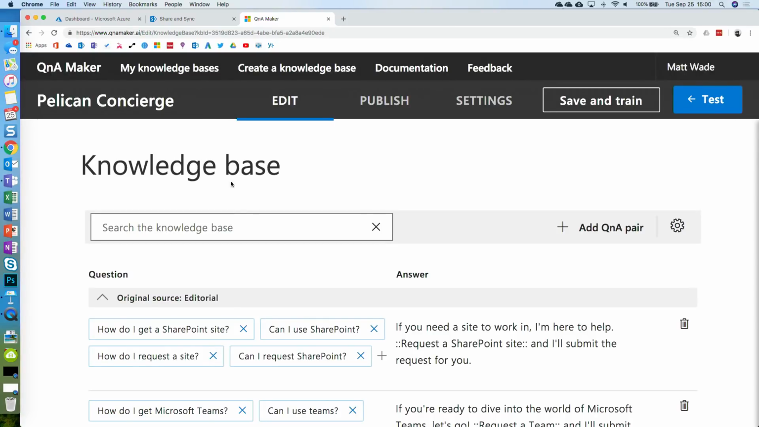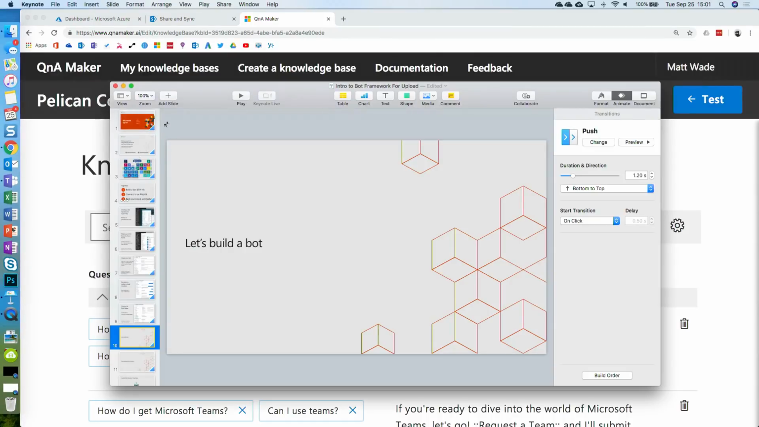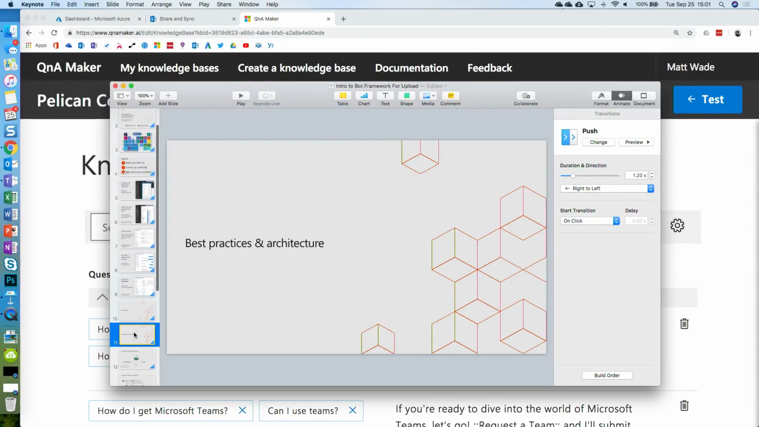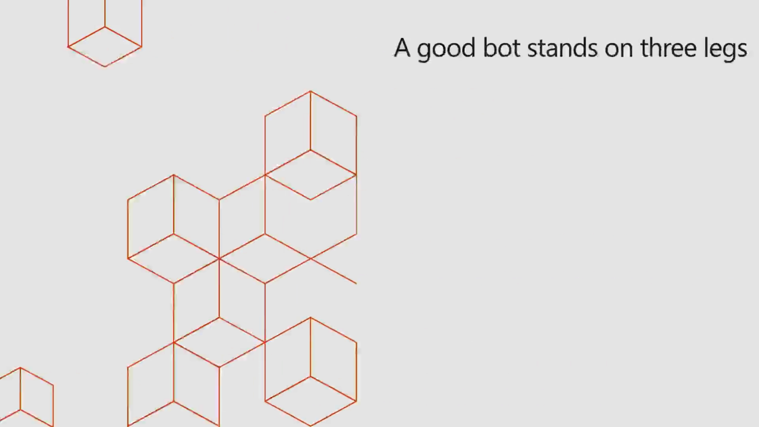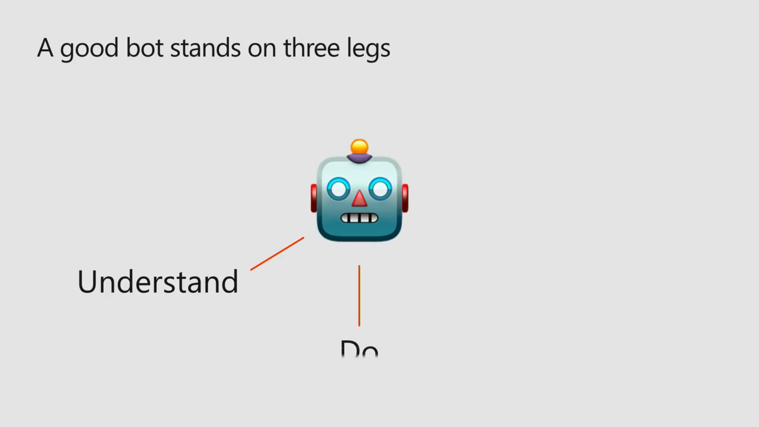So let's jump back. That was in a 20-minute session where I said I was going to build a bot in 10 minutes. I built the bot in 6. Now, granted, the time-consuming part here is building the KB, but as you add to it, it's really, really, really handy. So let's talk a little bit about best practices and architecture. So a good bot really stands on 3 legs. We talked about one of those legs, all right? That's the knowledge aspect. But a bot also needs to be able to understand commands and then act on those commands, all right? So in Azure, you're looking at,